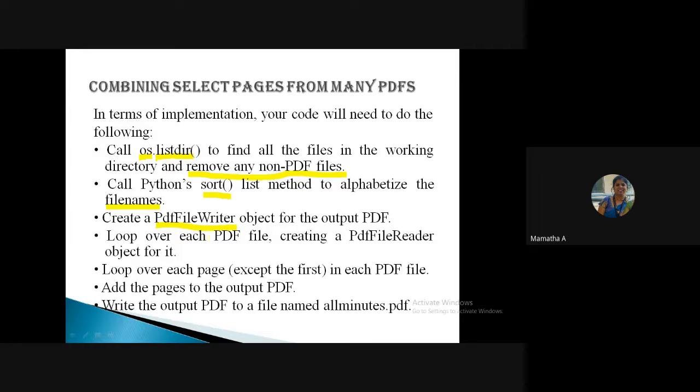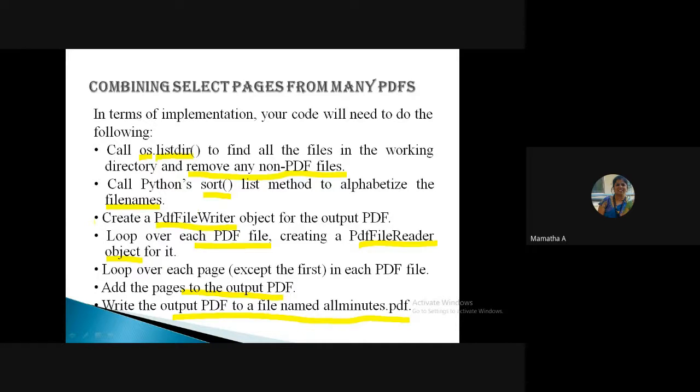Then loop over each PDF file present in your current working directory. For every file in the loop, create a PDF file reader object for it. Then loop over each page except the first page, add the pages to the output PDF, and then write the output PDF with the name all minutes. Any name you can give; I have given all minutes there.